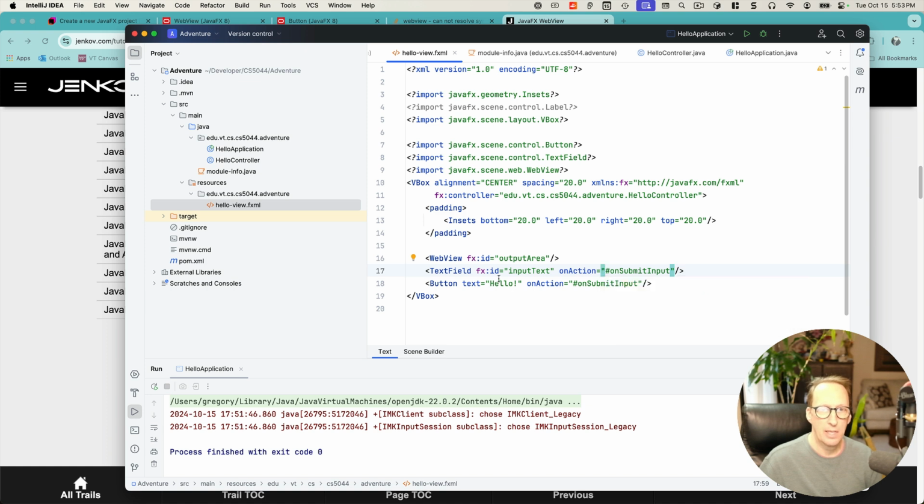the same thing. Except I don't want this button called hello. I want it called move, because this is a game. You make one move, you get a result. You make another move, you get another result. So now when I run this,